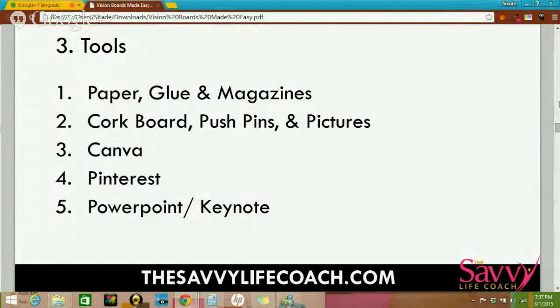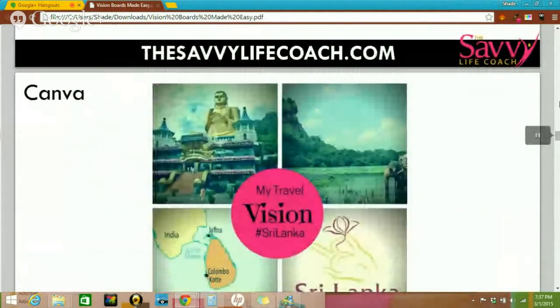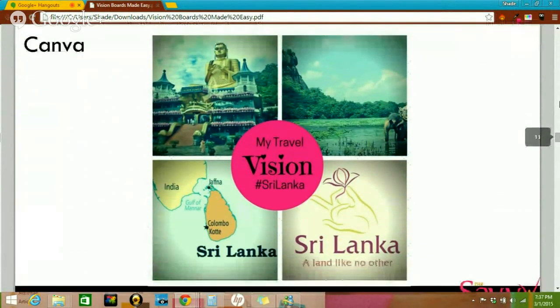So one website that I absolutely love, I do a lot of my graphic design on this website. It is called Canva. Canva.com. It is amazing. And at Canva.com, they have several different pre-made, pre-ready layouts that you can use. And this was one that was already constructed. And what I basically did was added the pictures that I needed.